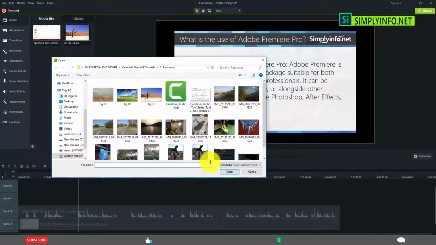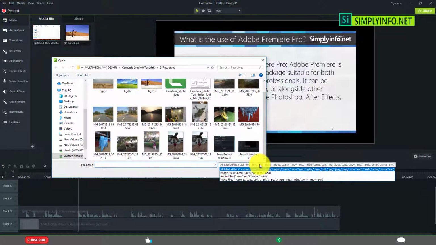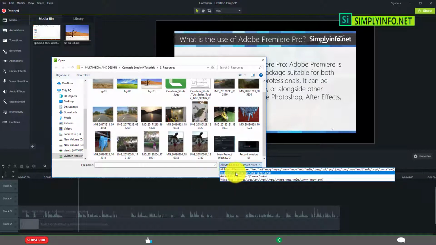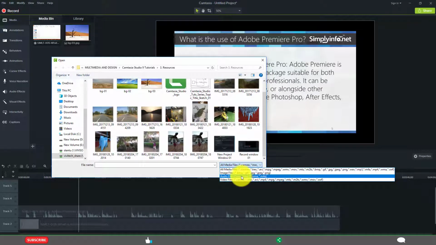Click one more time. You can see all the supported formats here, like all media files, image files, video files, audio files. These are the three fundamental types of media files: images, audio and video. You can see the different file formats supported in Windows, like image files such as BMP, GIF, JPEG, PNG, audio files like WAV, MP3, Windows Media Audio, M4A, and video file formats like CAMREC, TREC, AVI, MP4,